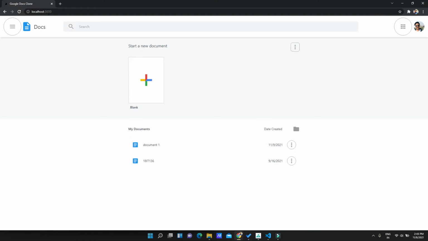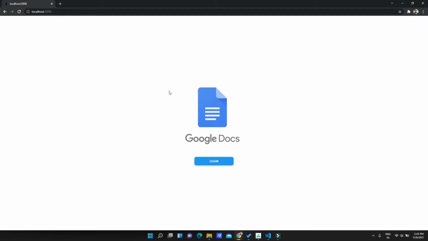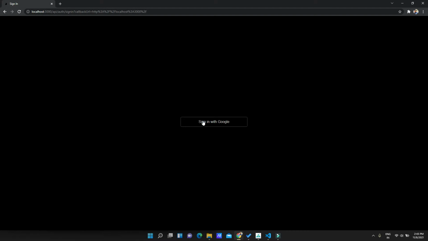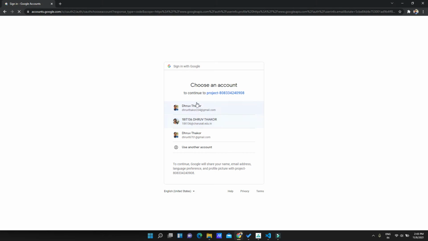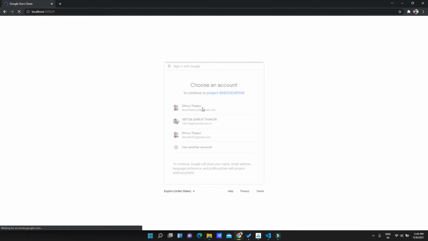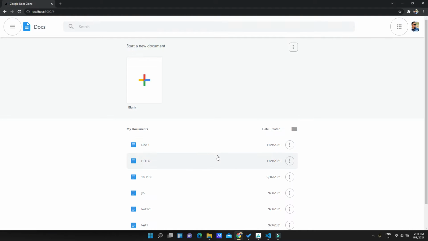We can also log out by clicking on this image icon. Let's say if you want to log out, then just click on this, and we are redirected to the login page. We can also log in via a new email ID, so that we can see all the documents which we have created.